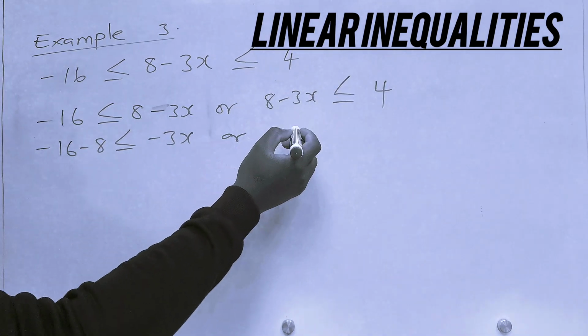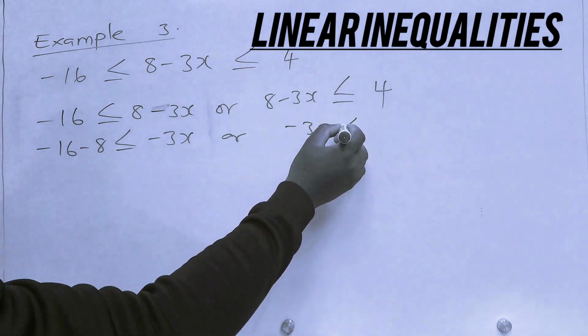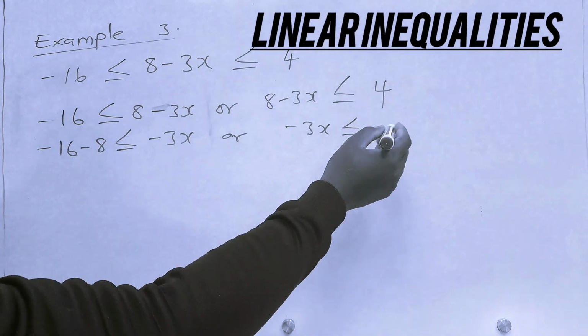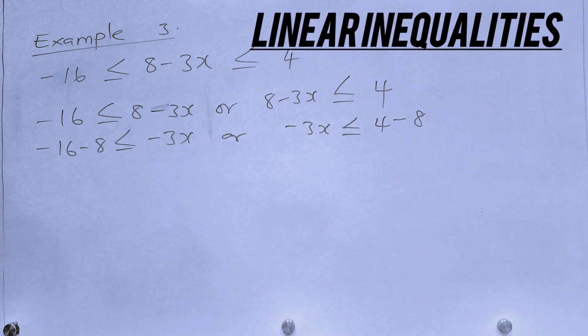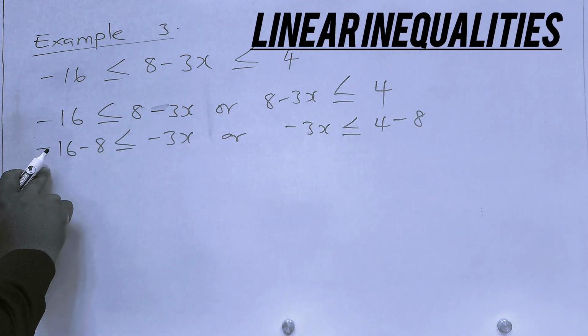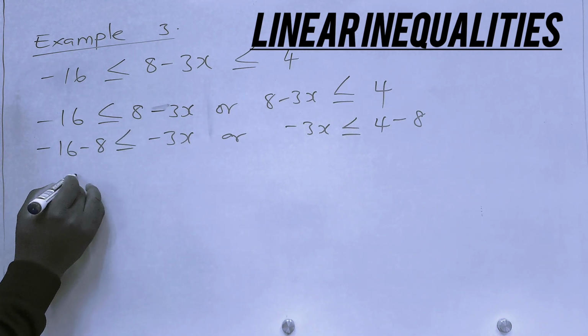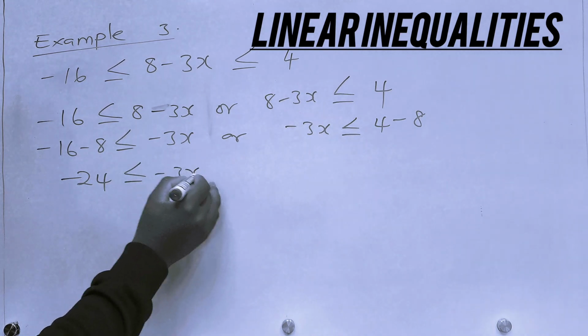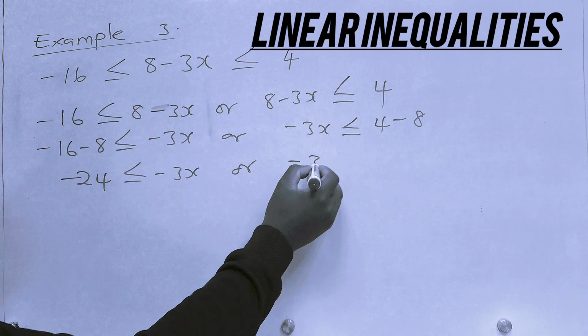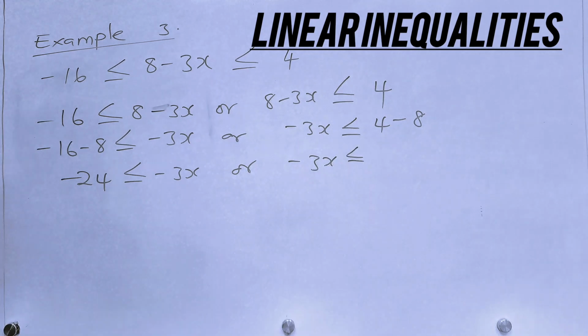Or this side is minus 3x less than or equal to, we take this one that side, becomes 4 minus 8. Then minus 16 minus 8 is minus 24, which is less than negative 3x. Or minus 3x less than or equal to 4 minus 8, we get